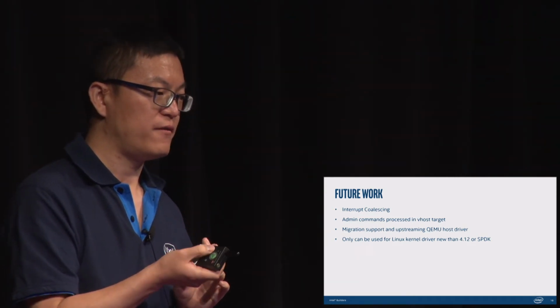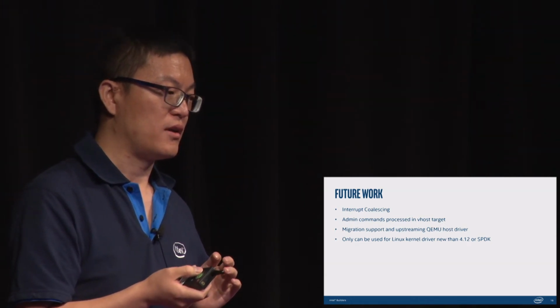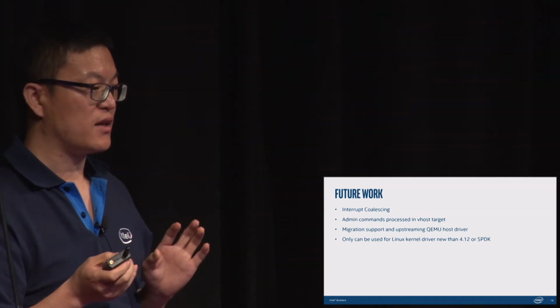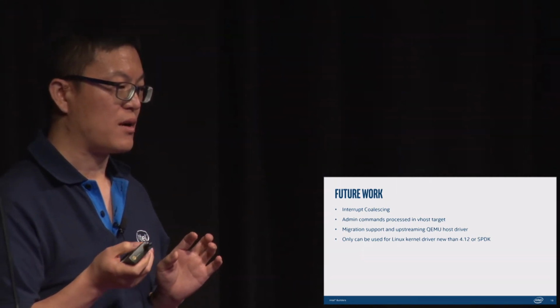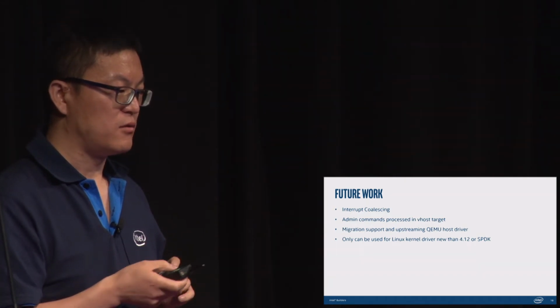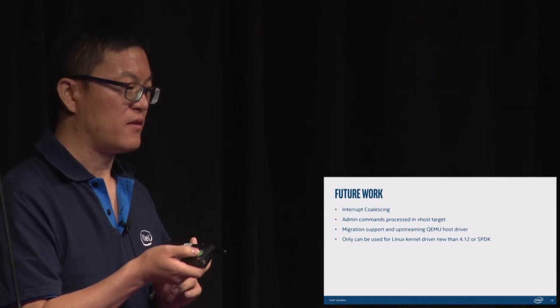So with this feature, we can do some interrupt collapsing, because the kernel space Linux driver does not need so many QEMU events to interrupt it that the I/O is finished. So with this feature, we can improve the performance